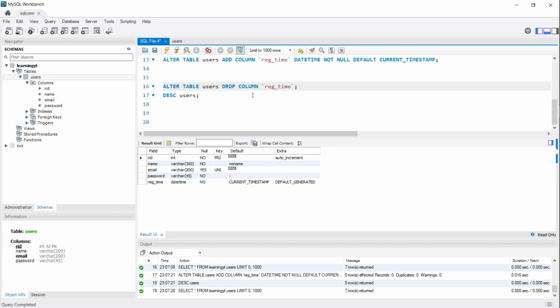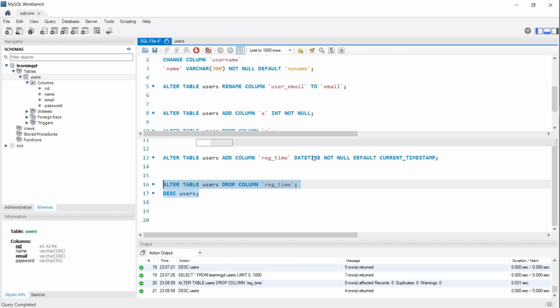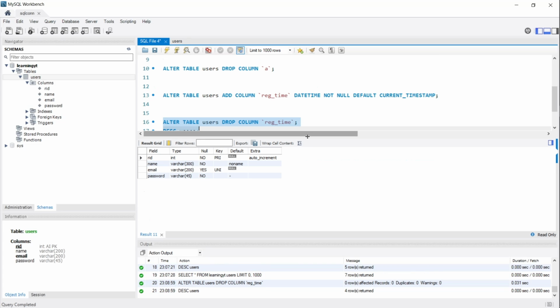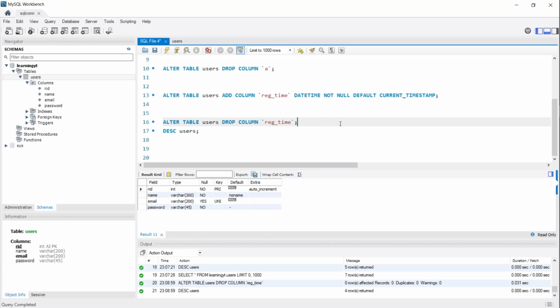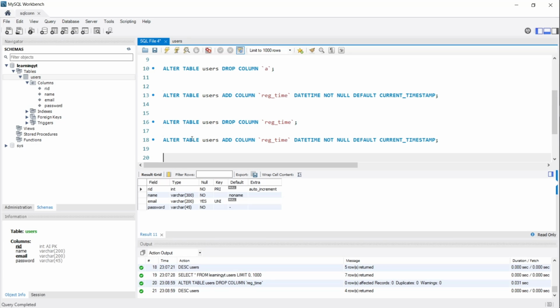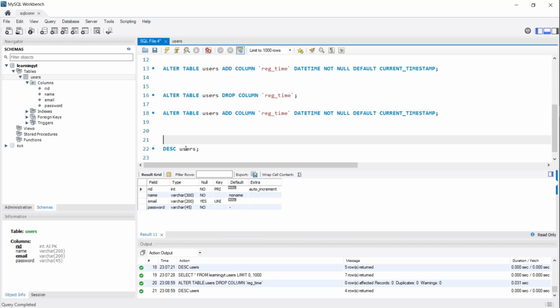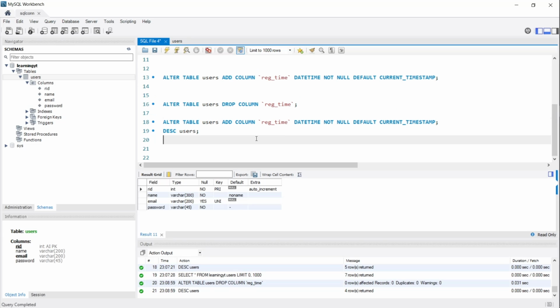Sorry, I could write it properly. I will drop this one. Okay, I have dropped this column. Now I will add this column. Going back, I will add this column, and this time I will